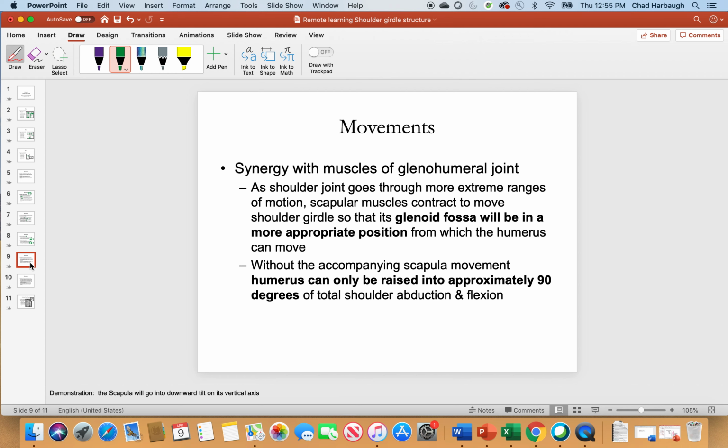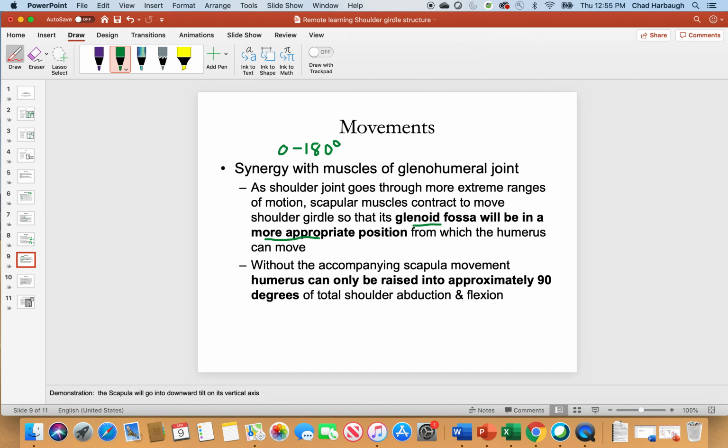So when we see the synergy, the synergy is again going to be with the glenohumeral joint. We're going to be looking effectively at how things are working from 0 to 180 degrees of flexion of the shoulder joint. We usually give about a 10-degree allowance of decreased range of motion. We should see someone at least at 170 degrees of flexion. So the first part would be from 0 to 90 degrees. We should see that the